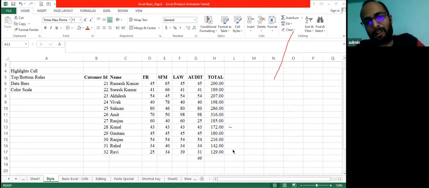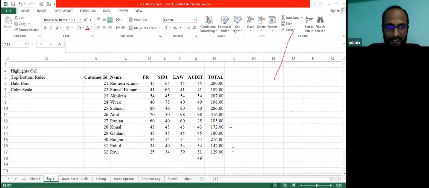Yes. Alt O H H and Alt O H U. Avinash, yes. I hope everyone has used this command and it is clear to all. See, these are very small and basic things in Excel, but once you learn them, and you go to any industry or client place, and your clients see the way you are working efficiently in Excel, then definitely they will praise you because of this Excel.